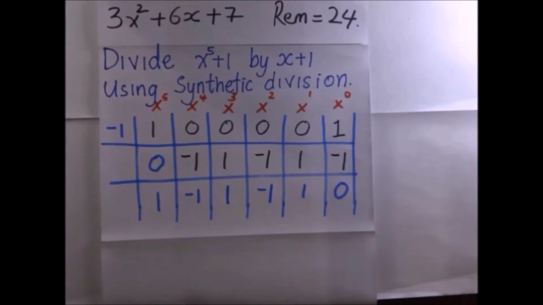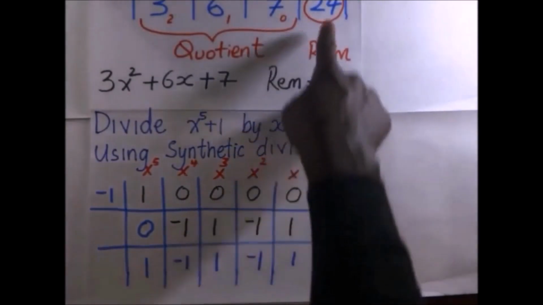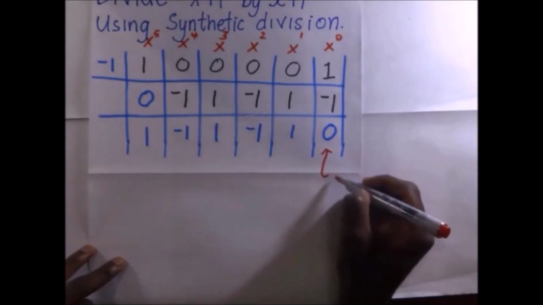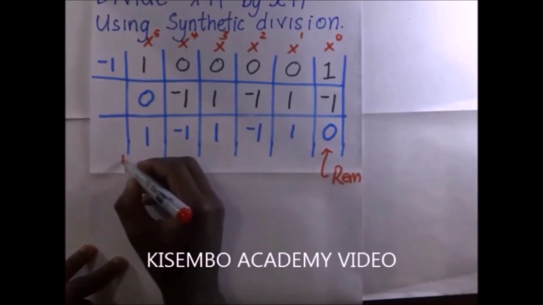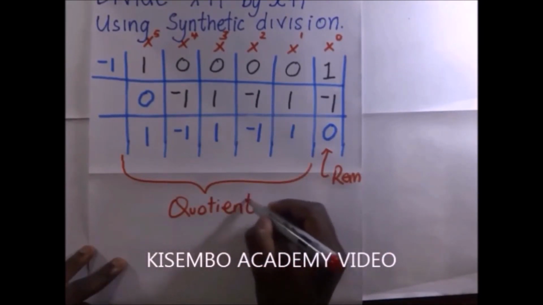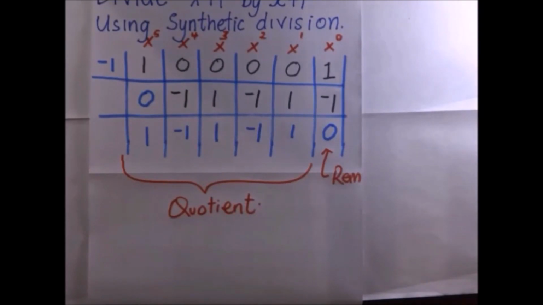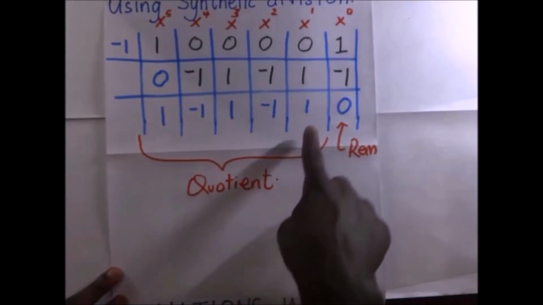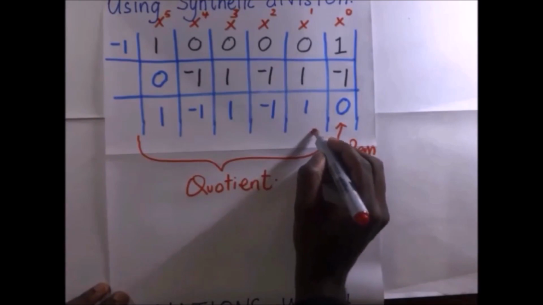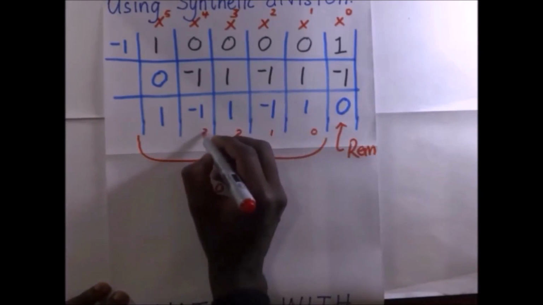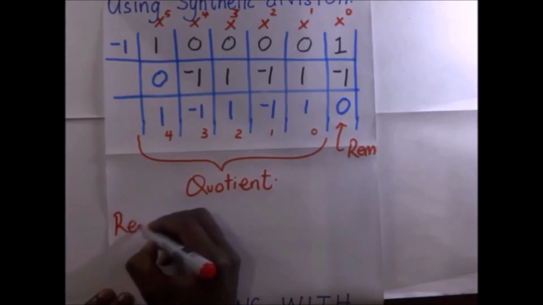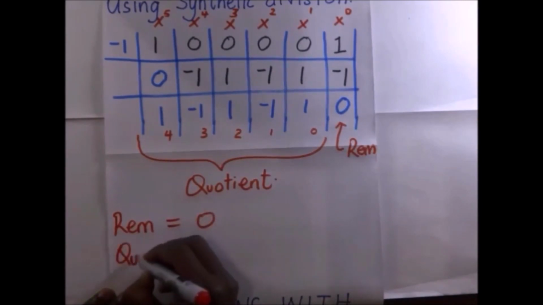So from that we get our last term here, just like in our previous number, is supposed to give us the remainder. So it means here our remainder is going to be 0. So that is our remainder. And then our quotient is that. Now for our quotient, the powers of x are labeled counting from here 0 going that way. So the powers of x for this are going to be from 0, 1, power 2, power 3, power 4. So it means that our remainder is 0 and our quotient